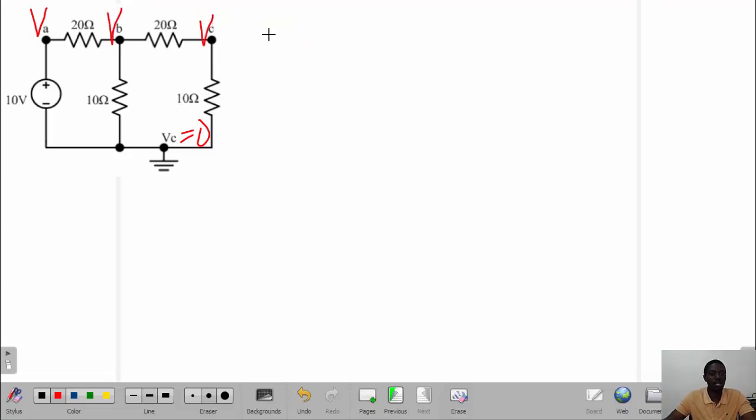And from the circuit, what is known is that VA is a known value. If you remember very well, we've got zero potential here and a voltage source there. This is the first case scenario when we looked at the analysis. Therefore, what you have here is that VA is going to be equal to 10 volts, and this is automatic. So what we need to find is only VB and VC